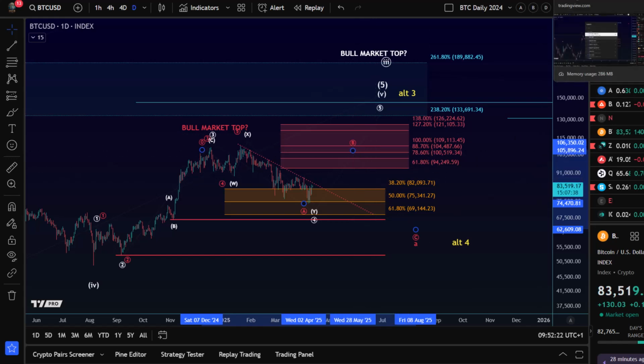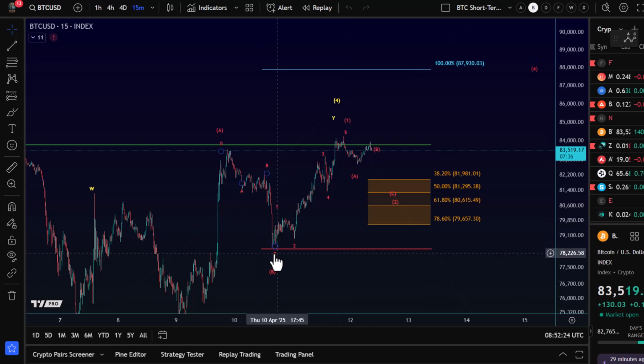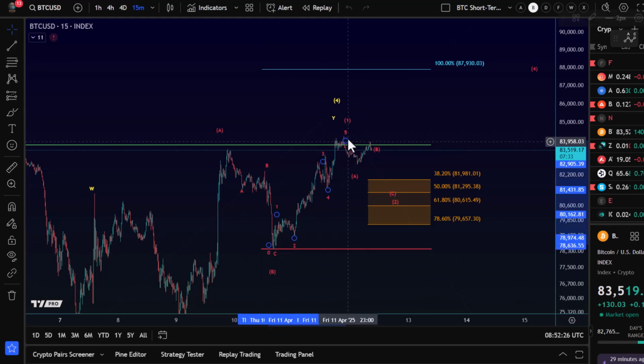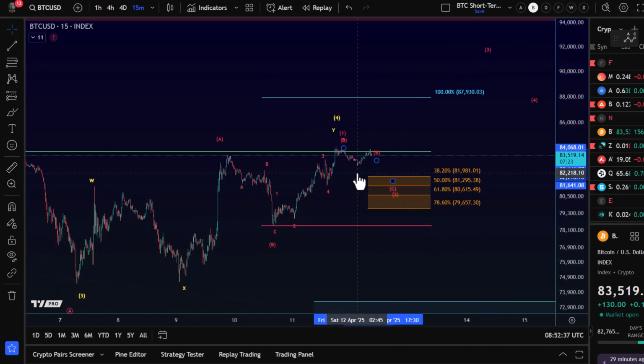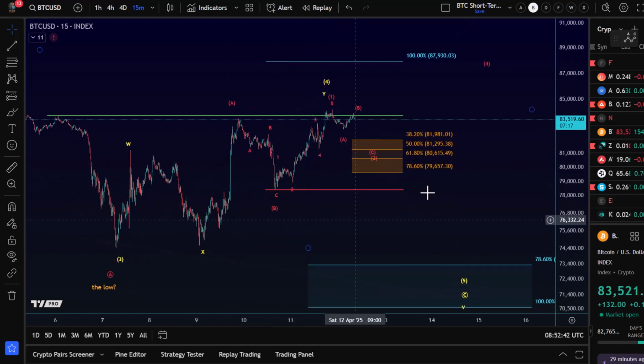Now, looking at the smaller time frame for Bitcoin, we can see that we have an initial potential five-wave move to the upside here. In red, 1 to 5 in wave 1. Then this would be a wave 2 pullback that could happen now. We saw that already yesterday, the potential start of that wave 2 pullback. Quick reminder, this is the support zone that's still relevant, 79,657 to 81,981. And from that A wave low that potentially formed on the 7th of April, we could now look for higher prices as long as the market holds above